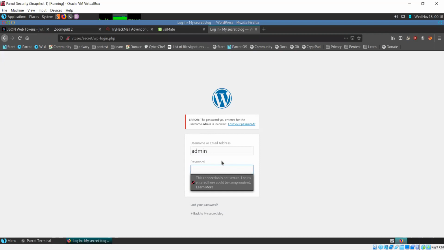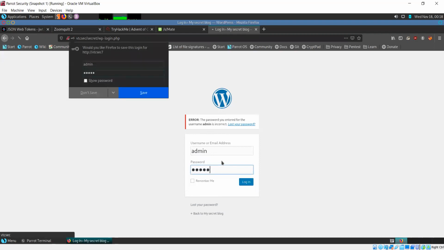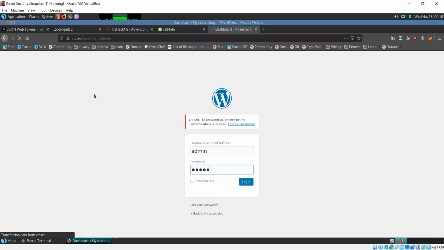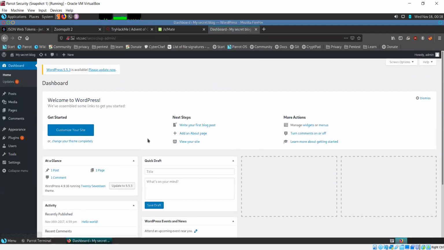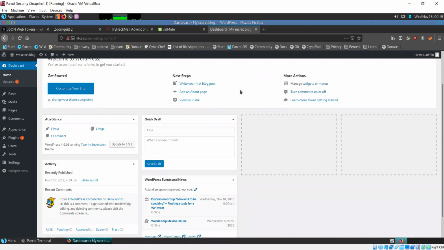Now, okay, password didn't work. Maybe the word admin itself works, because that's a default in a lot of cases. Let's see. I think it worked. Let's wait for the server to respond. Okay, so it worked. Default password, admin, that's the combination. Username admin, password admin. It worked, and we are able to log in as the WordPress administrator now.